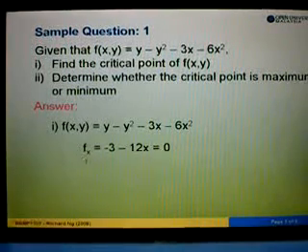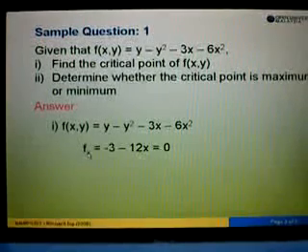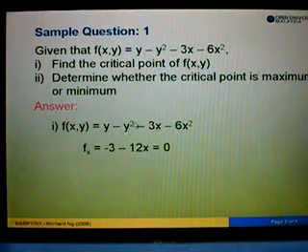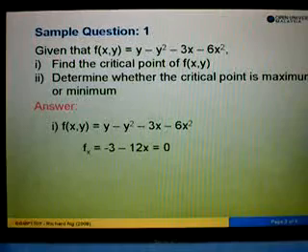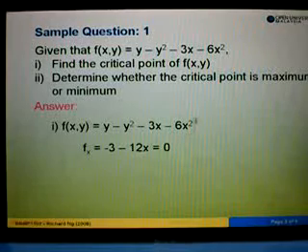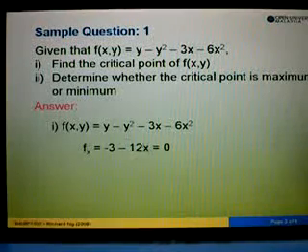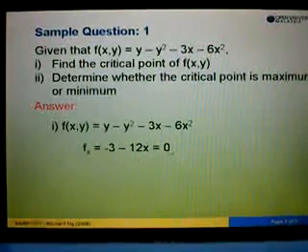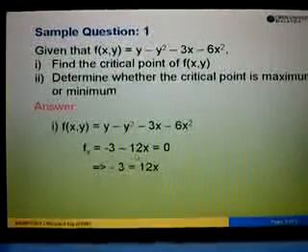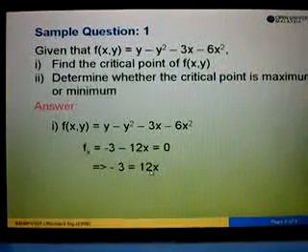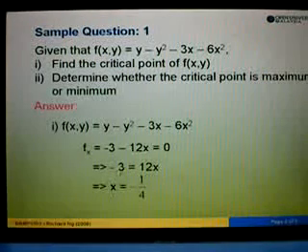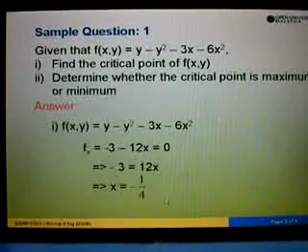So the first step is to find the differentiation of this function compared with x. So look at only the terms with x. Here there's no x, here there's no x squared, and then here we have x. So differentiate negative 3x, the answer is negative 3. And then differentiate negative 6x squared, the answer is negative 12x. So this answer we will equate with 0 in order to find the value of x for the critical point. So shift negative 12x to the right, we have positive 12x. So if negative 3 equals 12x, therefore x is equal to negative 3 over 12 or negative 1 over